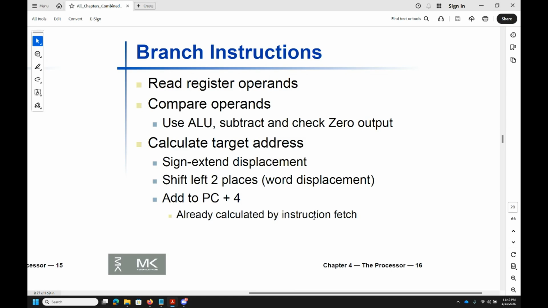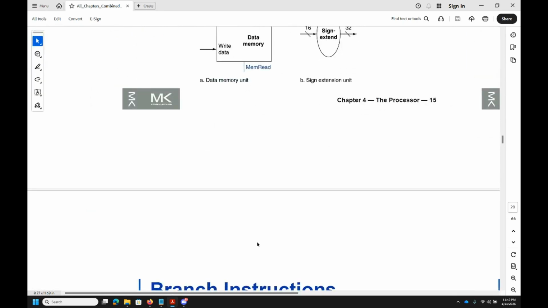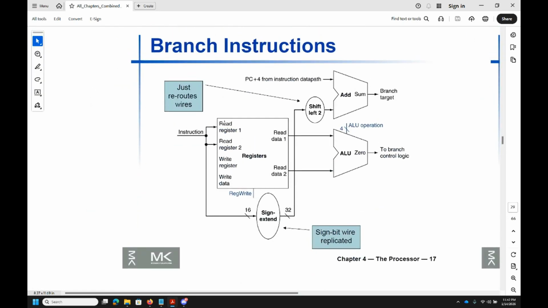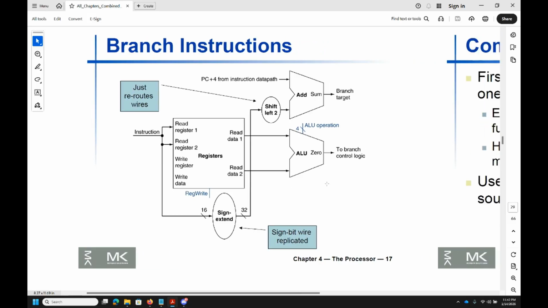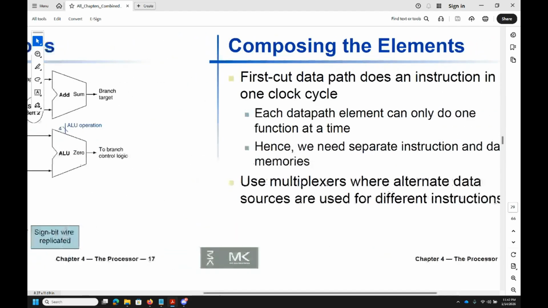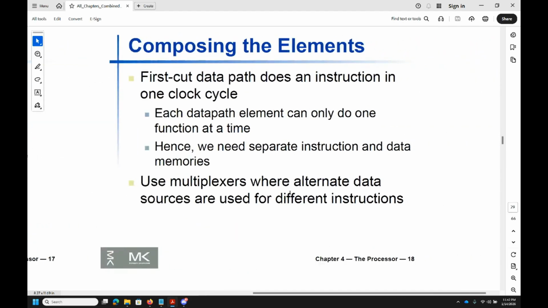Then there are obviously branch instructions. This is basically just an overview of what the different kinds of assembly instructions are. So here you read register operands, you compare operands, and reading and comparing, as in you have to check loop conditions and other such things, and you calculate the address. So finally, branch instructions, you might have to jump to another address. You have to calculate where you have to jump.